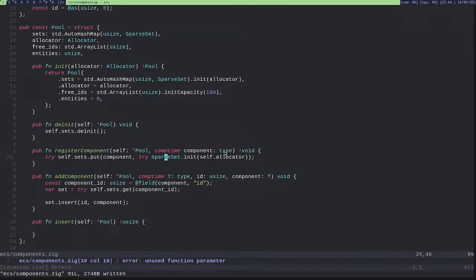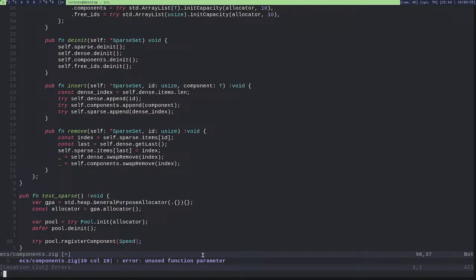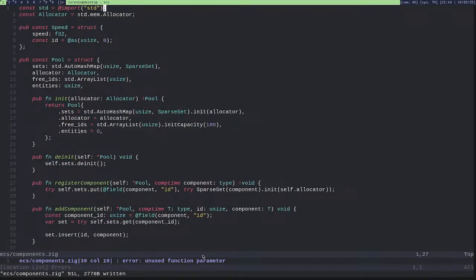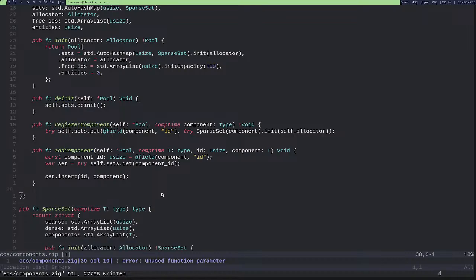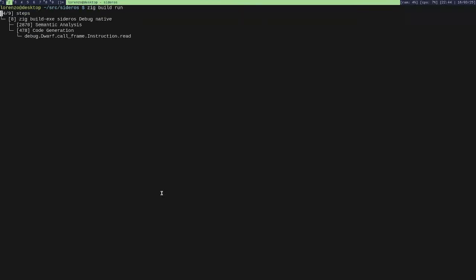Okay. And this will be field component ID, because then I will have sparse set component like this. And if I got this built-in function correct, this should just work. And so here I will do something like this, and everything should work. Let's see if it compiles at least.